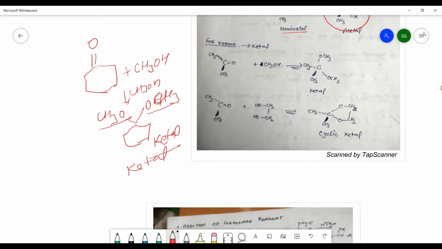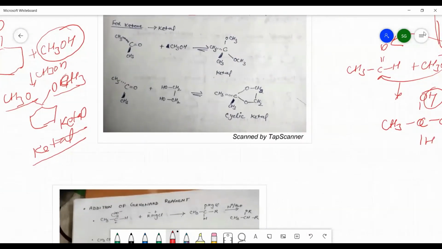So when we use an aldehyde and alcohol, we get an acetal. When the addition of alcohol takes place to a ketone, it becomes a ketal. And a cyclic ketal will be formed when glycol, in which two OH groups are present with the ethylene group, is used, so that you can easily see that there is a formation of a cyclic compound. A cyclic compound will be formed, which is known as a cyclic ketal. So these are the nucleophilic addition reactions of alcohols